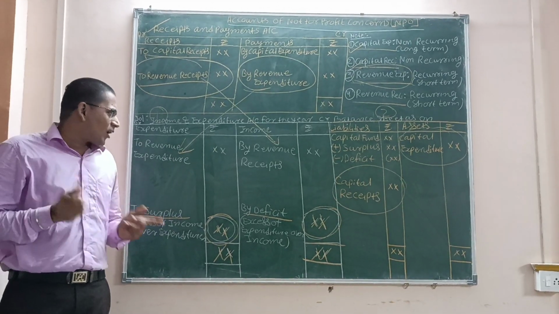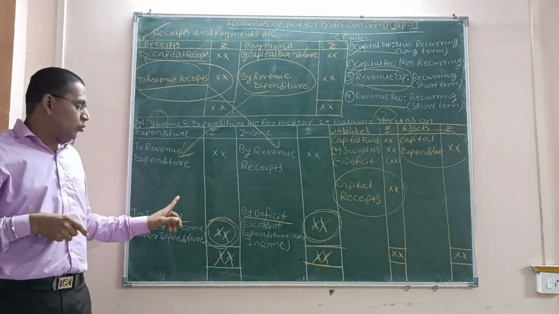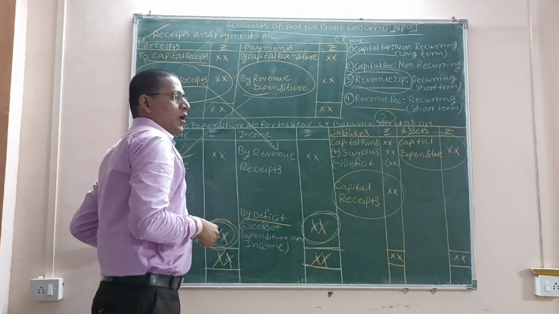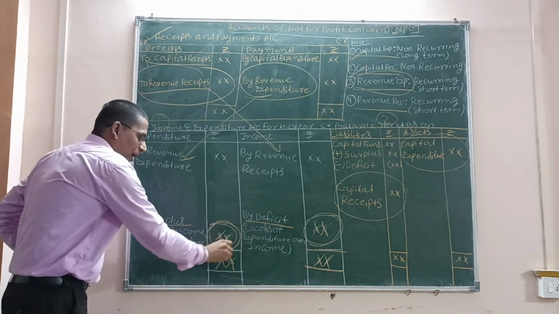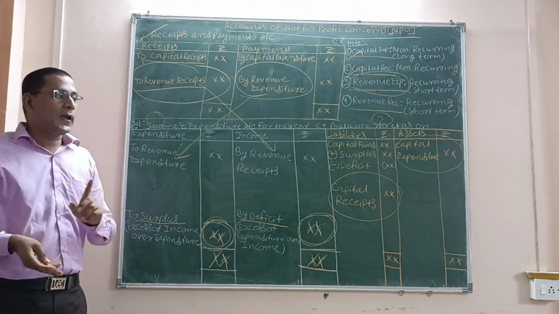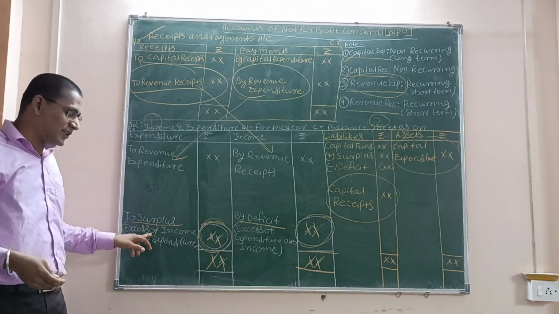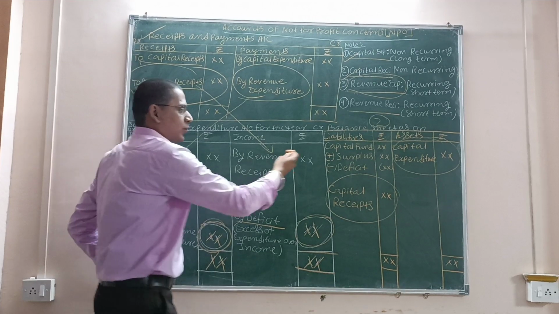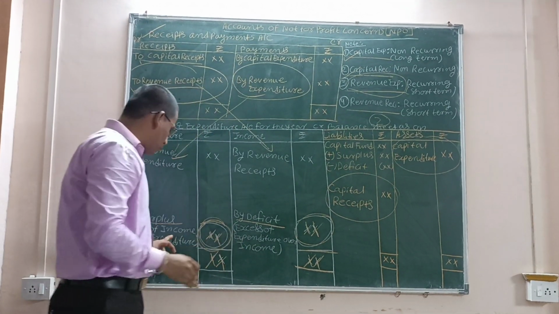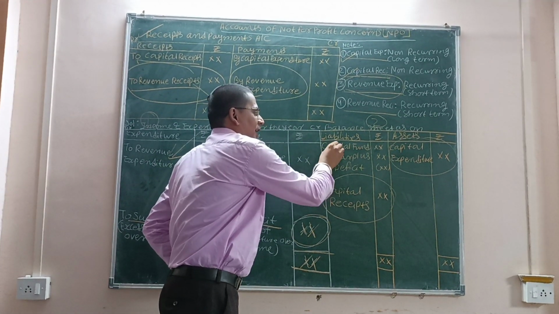Now, what after closing surplus and deficit? Suppose we get surplus, so the surplus balancing figure we are getting on the debit side. We are already aware of the accounting principles that if the first one is debited, then the second one must be credited. Since we have got balancing figure on the debit side, it will be transferred to the credit side. And we are aware that liabilities represent credit side. So it will be transferred to the liability side,